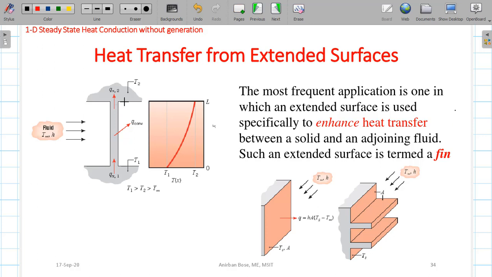In this lecture, we are going to discuss heat transfer from extended surfaces. Here in this example, you can see that heat is transferring from one body which is at a temperature T1 to another body which is at a temperature T2, and these two are connected by this body. Now here you can see this is made of a solid material through which heat will be transferred,